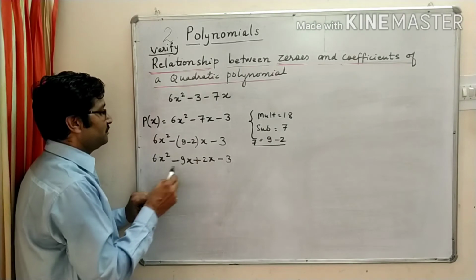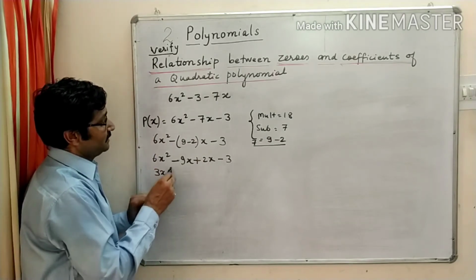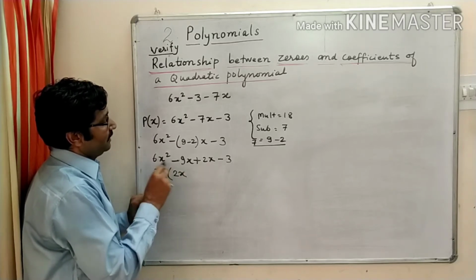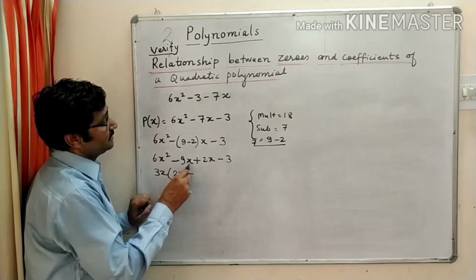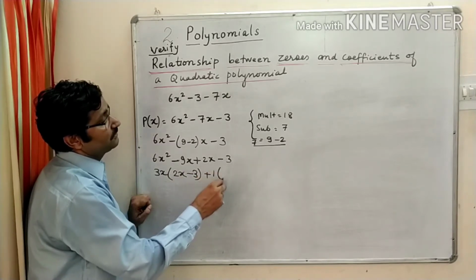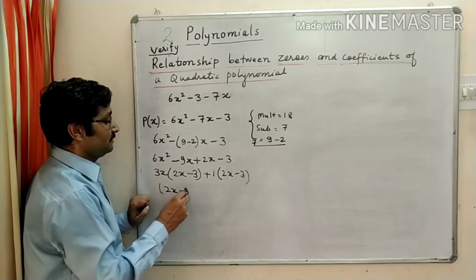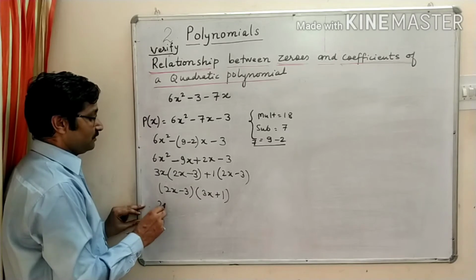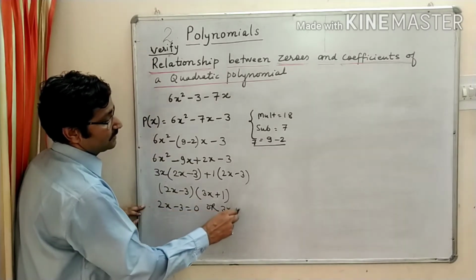From these two terms you take common. What is common here? 3, and the second common is x. 3 times 2 is 6, and x is common. From the first two, 3x you take common, this minus is as it is, and 3 will remain because 3 times 3 is 9. Here nothing is common, so you take 1, 2x minus 3. So 2x minus 3 you can write separately, and 3x plus 1, and each one you set equal to 0. 2x minus 3 equal to 0, or 3x plus 1 equal to 0.